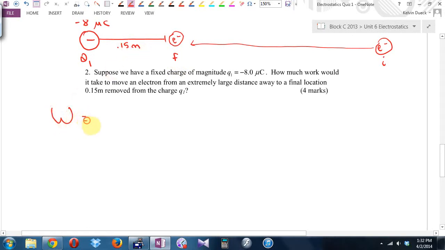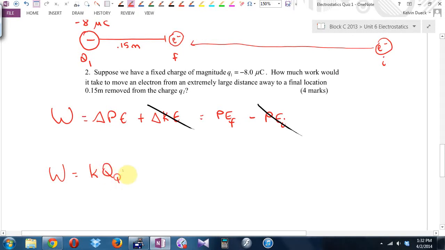Okay, work. Change in potential. I think we're starting and ending at rest. This is going to be final minus initial. Where are we starting? How far away? Yeah. So my initial is 0. You know what? This is going to be really yucky, but this has turned out not to be so bad. So the work is just going to be the potential energy final, which is K Q1 Q2 over R final,